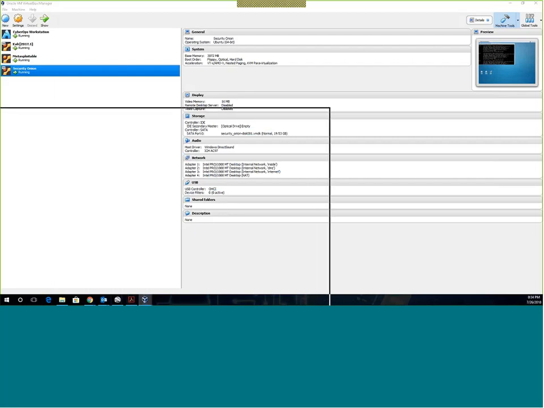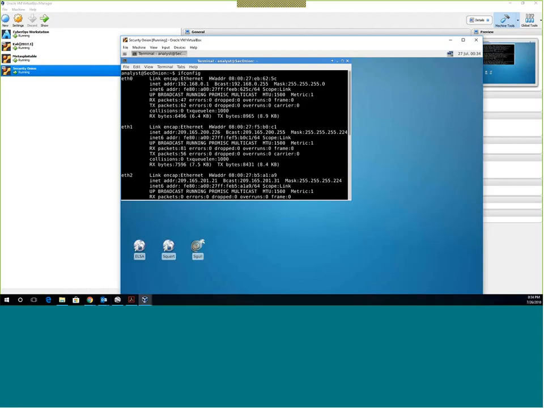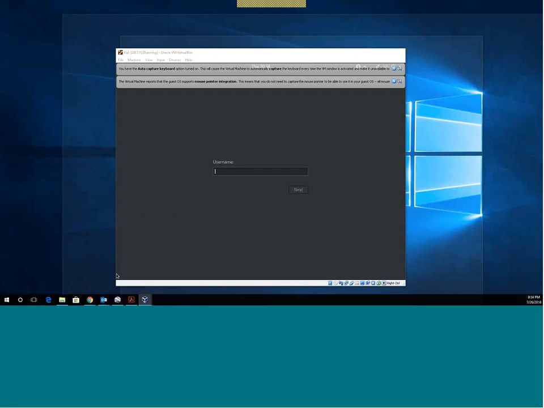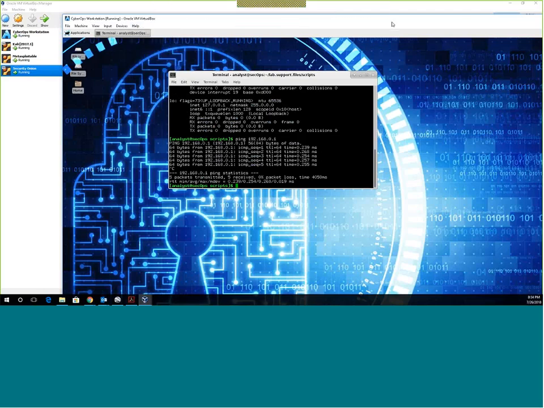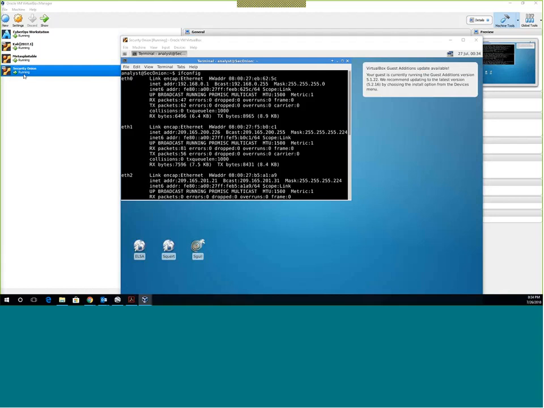Okay, so here's the Security Onion. So I'm going to pull my workstation over here. I need more screens. And I'm going to ping 209. All right, so I can ping across there.